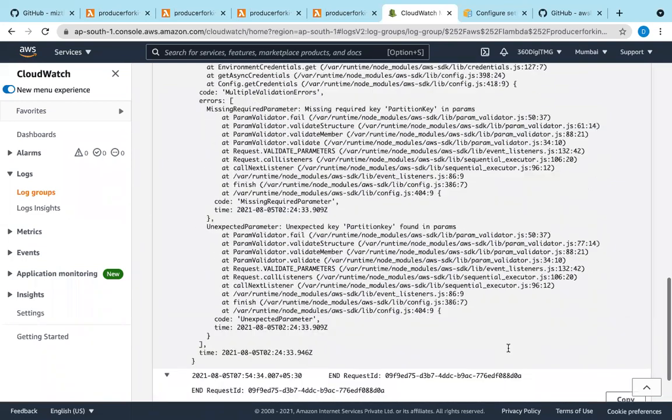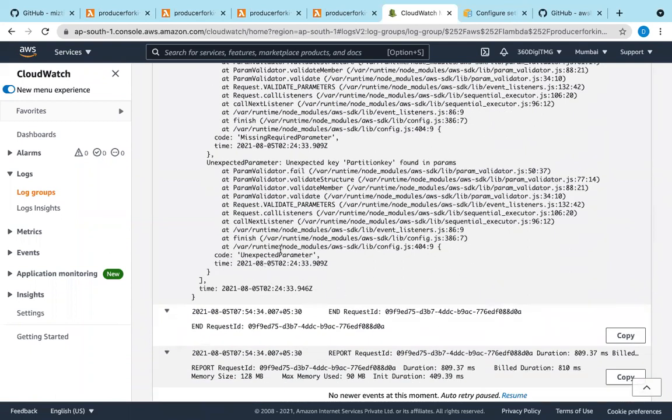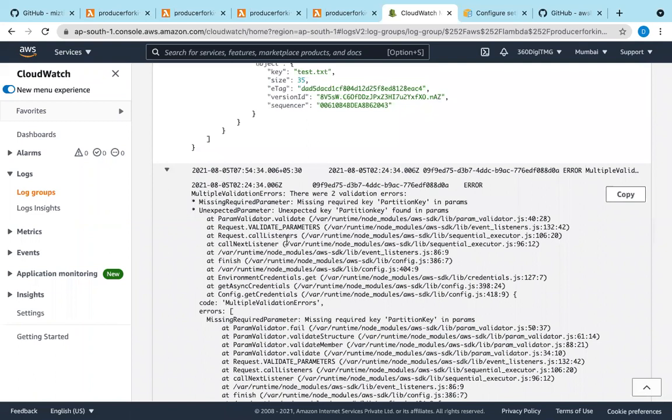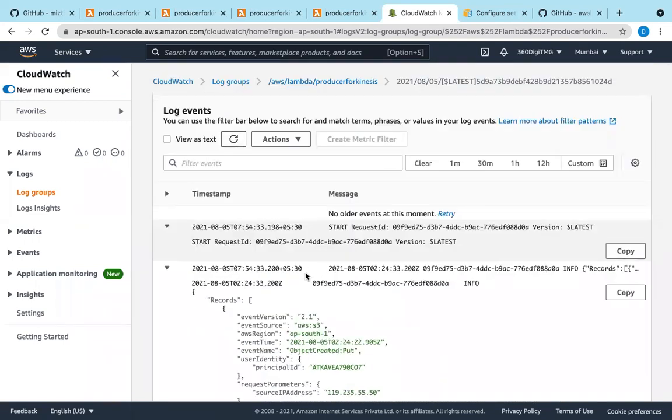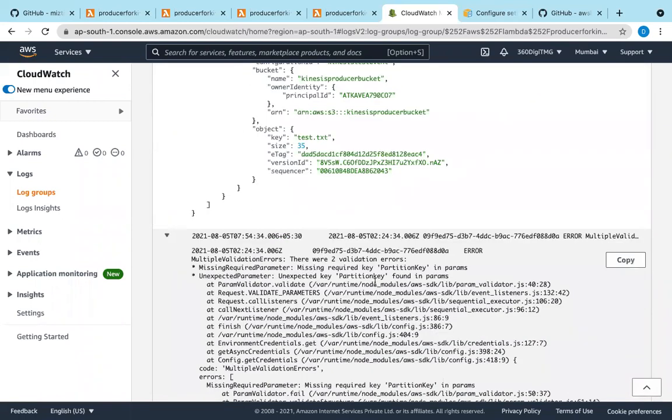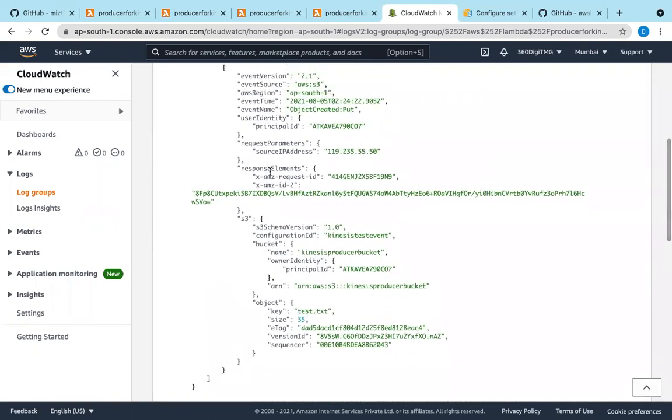A lot of time is getting wasted here. Anyway, we got an error, and what is this error related to? Partition key. I'll check it later, and we will see whether Kinesis has been invoked or not. If everything works fine, if this function executes without any error, this event it has to push to Kinesis. So let us look into Kinesis.